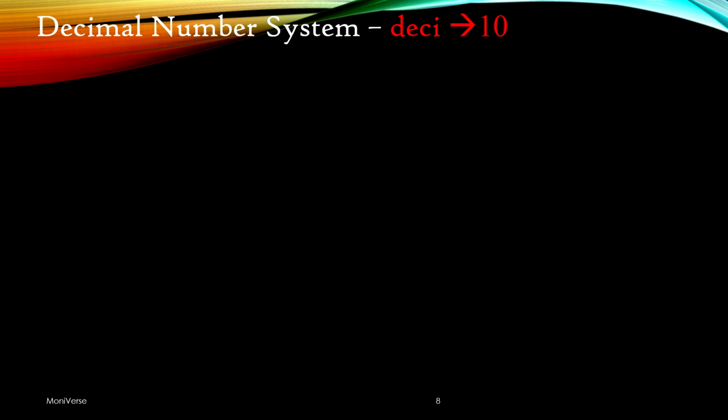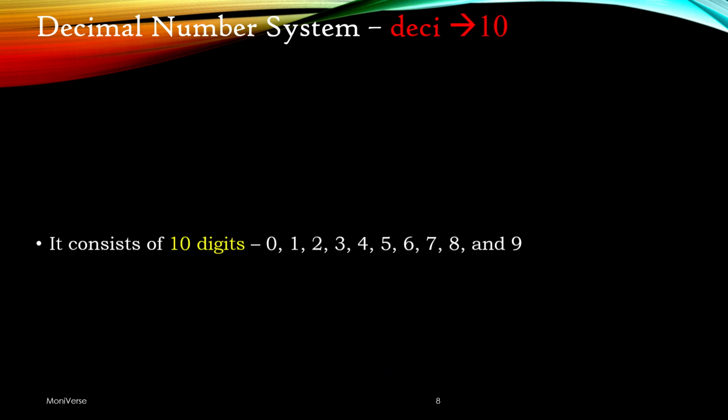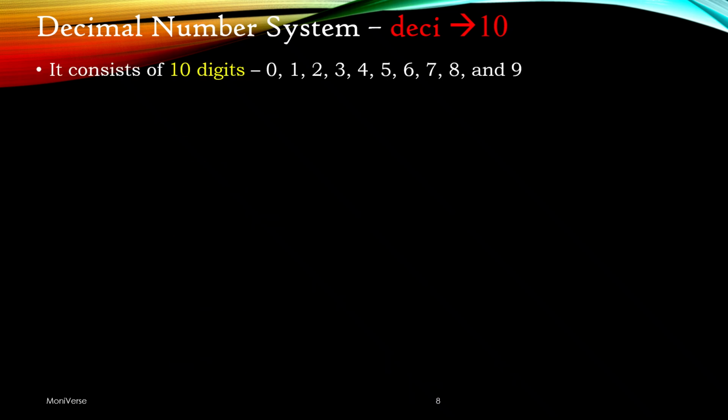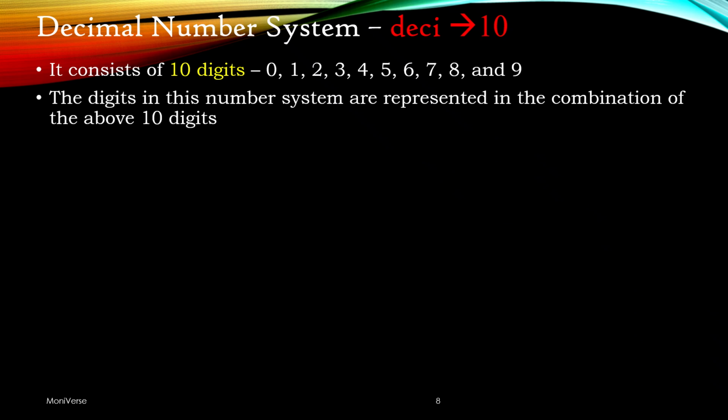Now we can see about the decimal number system. Deci means 10. So it defines what the number system is. It is the combination of 10 numbers which varies from 0 to 9. Right? So now we can see some examples. This is a decimal number,